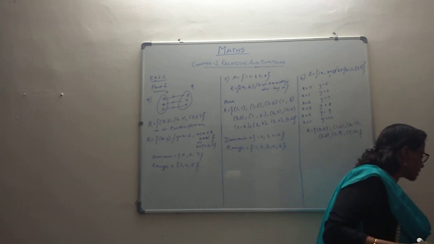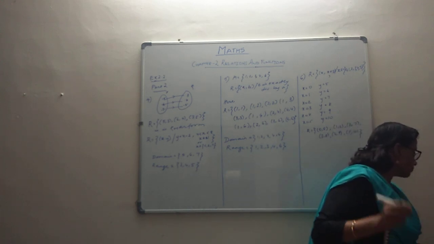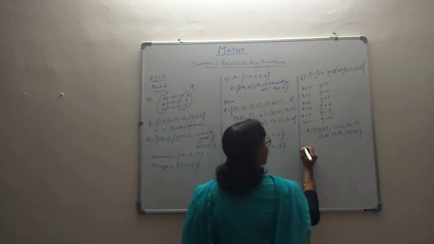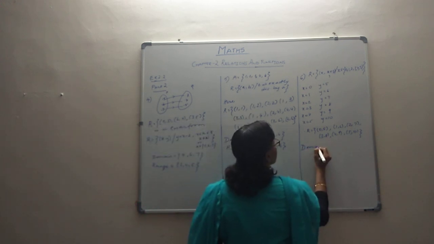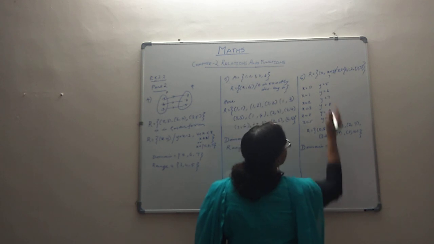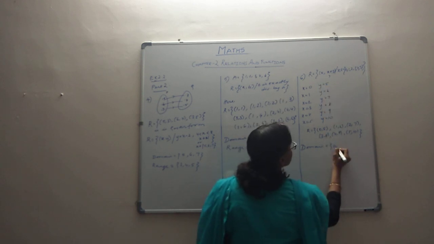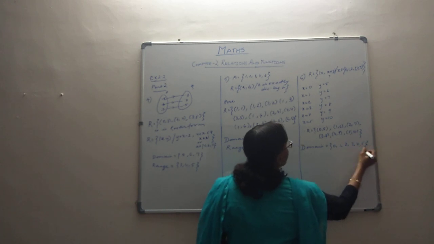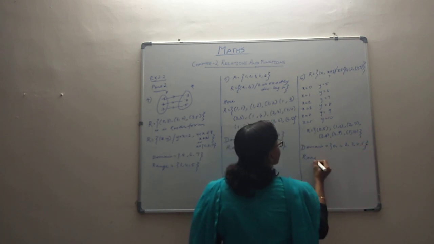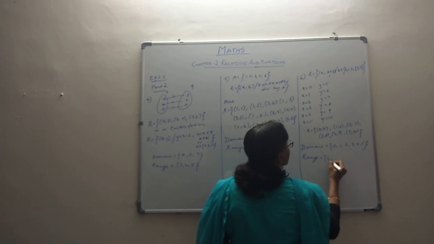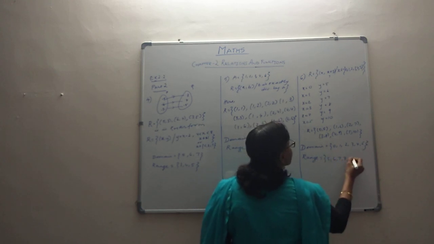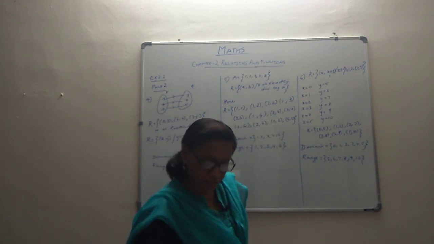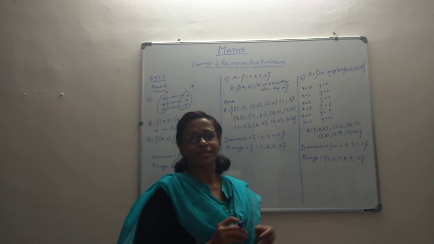What do they ask us? They ask us to find the domain and the range. Domain and range, we've been doing it time and again. So let's write the domain. Domain is going to be that given set only, right? So it's 0, 1, 2, 3, 4, and 5. And what is the range? The connected elements, the related elements. Let's write what they are: 5, 6, 7, 8, 9, and 10. So that's how we have these elements related over here.